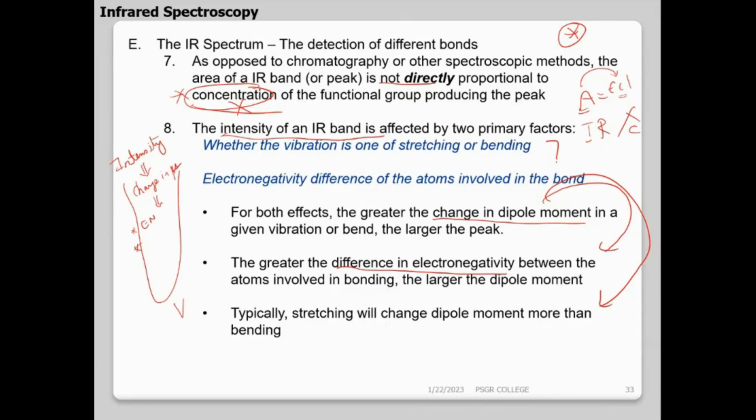What is symmetric stretching? What is asymmetric stretching? Symmetric means both will elongate, both will compress. Symmetric is rhythmic, the same way, nicely rhythmic. So both bonds elongate in the same way and compress in the same way. But if I say asymmetric stretching, it is not harmonious. One elongates while the other compresses. So that is asymmetric.